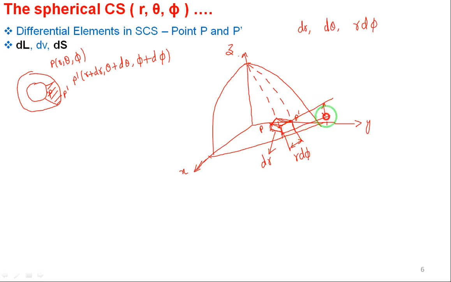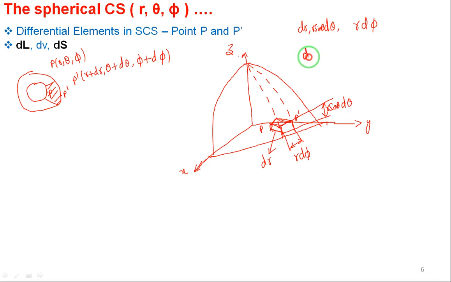Yes. Then top surface and bottom surface: this is the top surface and this is the bottom surface. The distance between these two. If I move, because it is making angle theta with respect to the z axis, it is d theta. But I am taking the projection onto the xy plane, so r sin theta d theta. This is the third side. I will associate r sin theta here. These are the 3 differential elements, because once again this is an angular distance.